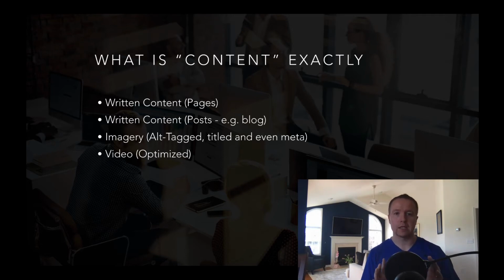And then, of course, the last thing is you've got video. Video, especially in this day and age, is much more important in terms of rankings, but the reason for that is specifically that video is much more engaging as a media than written text or audio or imagery. Now, what we can do with video, which is great, is we can create fast content. So you can include in video a lot of content fairly quickly,